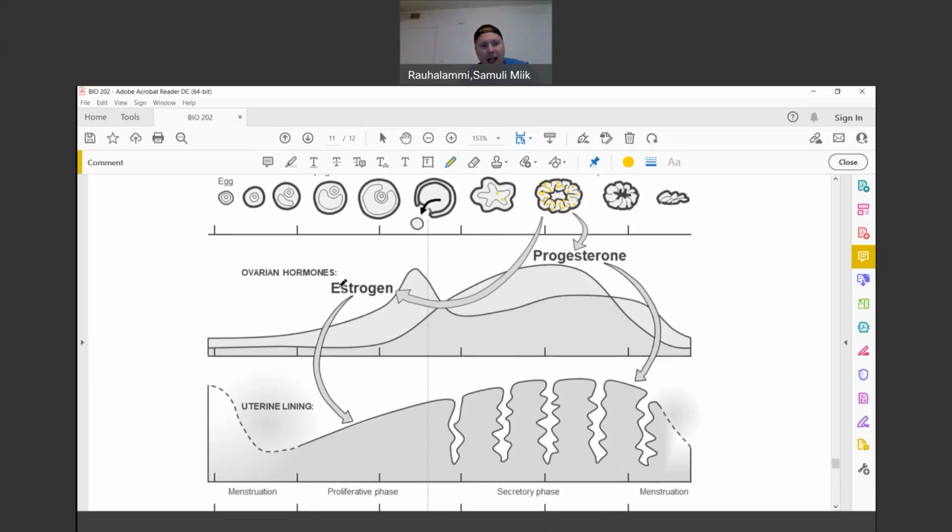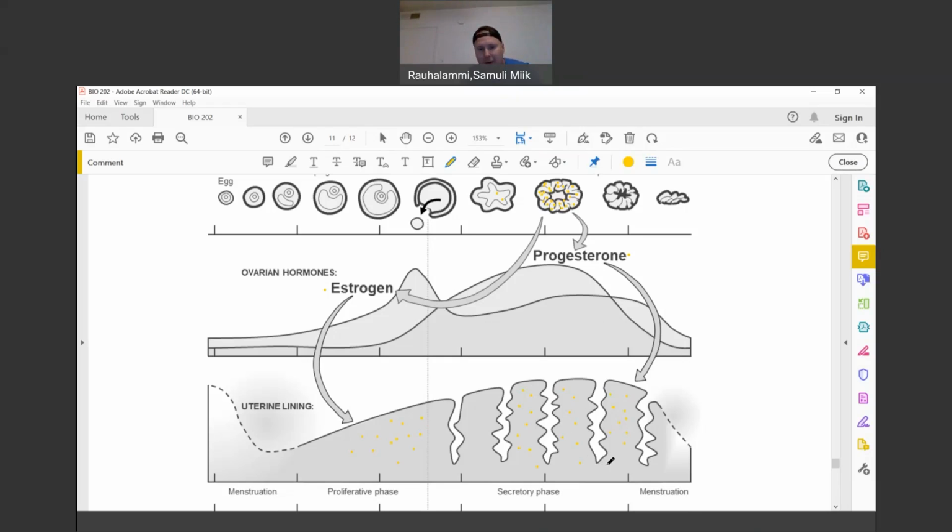The corpus luteum secretes estrogen, and estrogen drives the proliferation of the uterine wall lining. So the thickening of the uterus, the wall of the uterus. Another hormone secreted by the corpus luteum is going to be our progesterone. And what progesterone does, it promotes vascularization of the uterine wall lining, so making it very rich in blood supply. Think of if there is a pregnancy, the early baby implants there. Now we want to have a lot of blood supply there for the development of the placenta, development of the